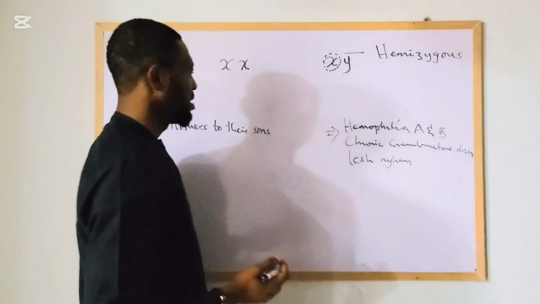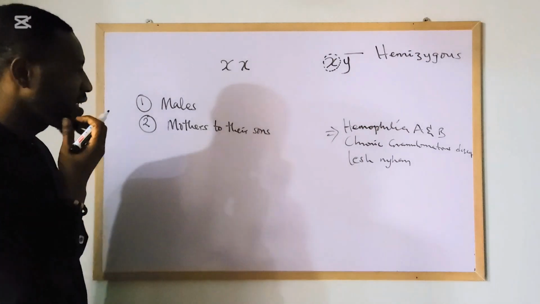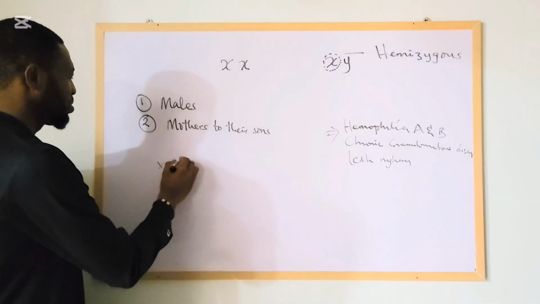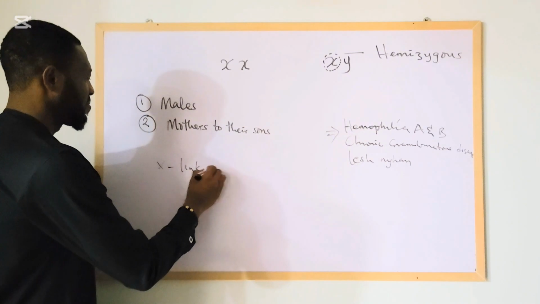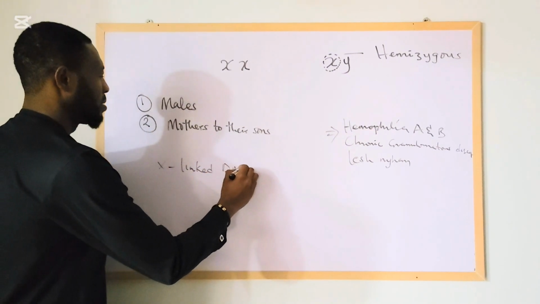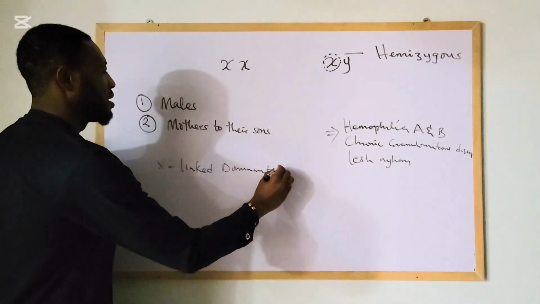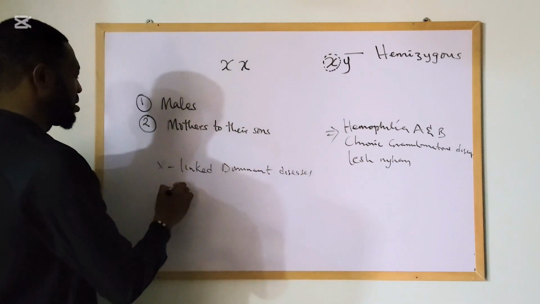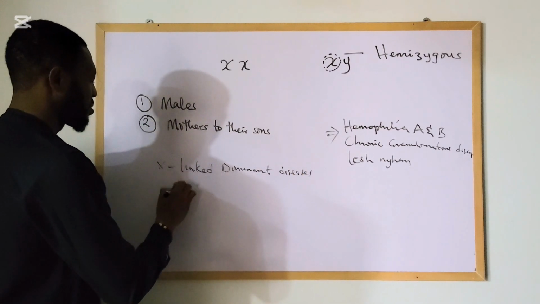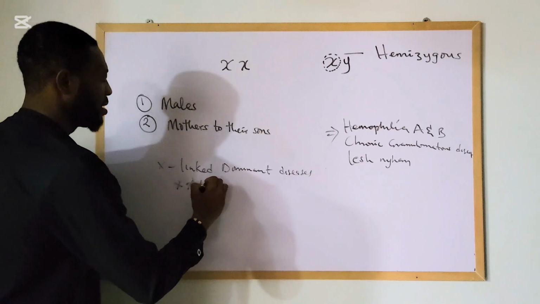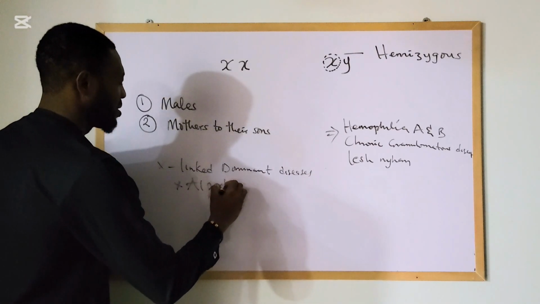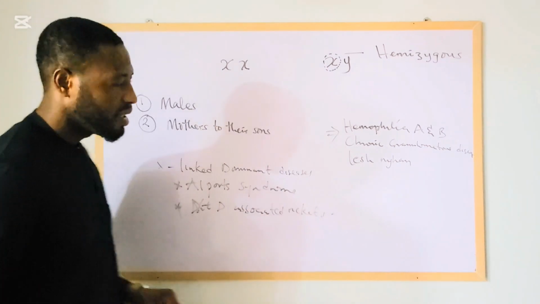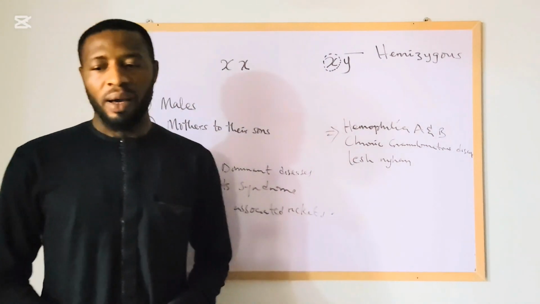Okay, and these are some of the X-linked recessive diseases. Examples of X-linked dominant diseases include Alport syndrome. So those are the things we should know about